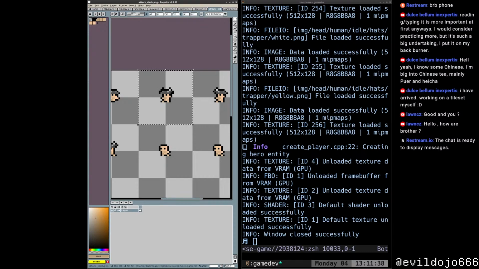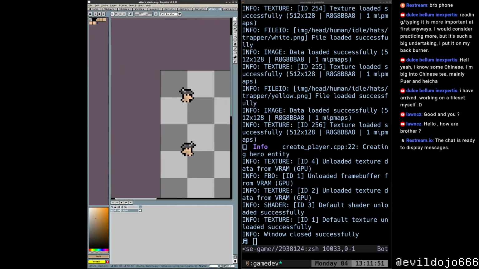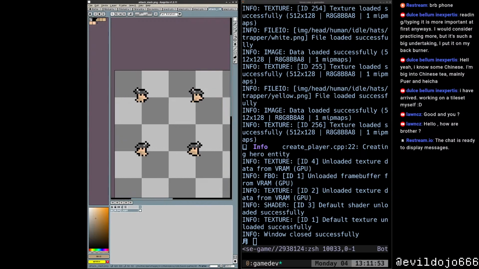Thankfully, the amount of transformation that we actually have to do for the new sprite is pretty straightforward. And we would just repeat this process as well for the